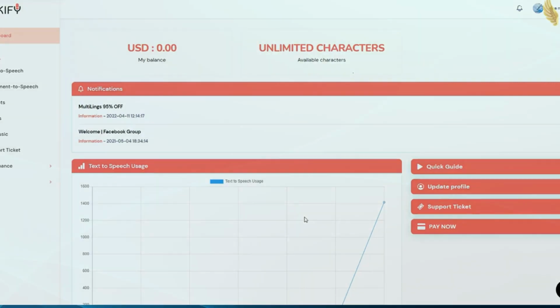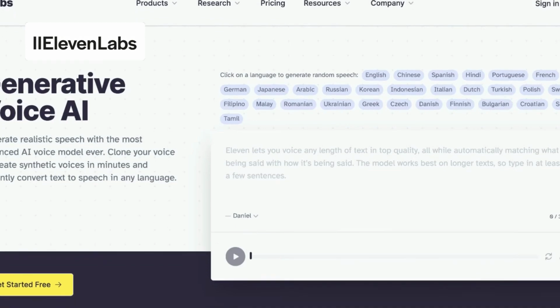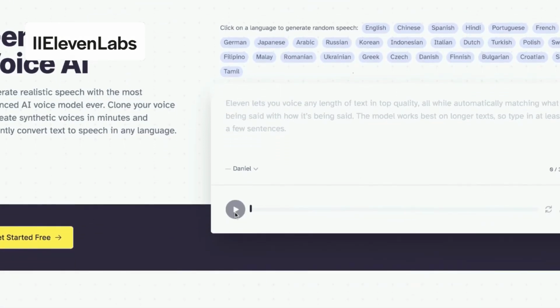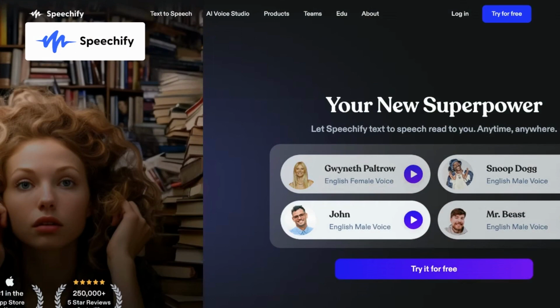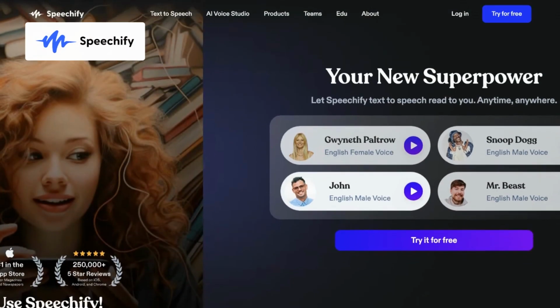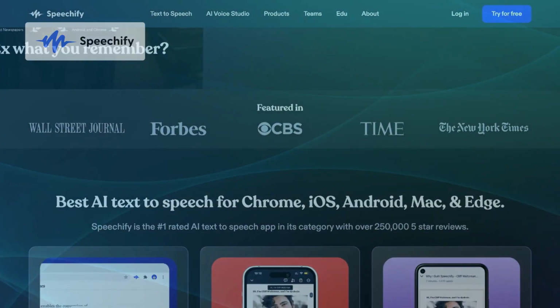Compared to Blakify, ElevenLabs also offers emotional TTS, enabling developers to infuse emotions like happiness, sadness, and excitement into the generated voices for more engaging user experiences. With Speechify, you can directly access and convert documents from cloud platforms like Google Drive, Dropbox, and OneDrive, streamlining the content consumption process.